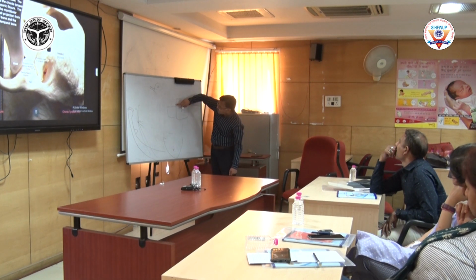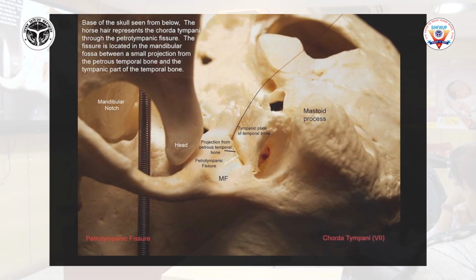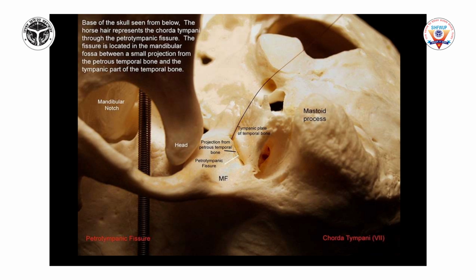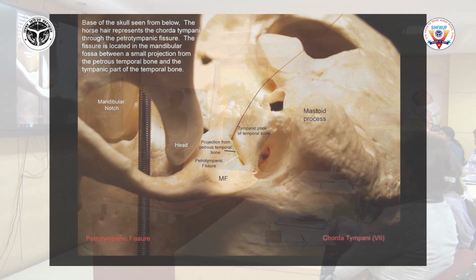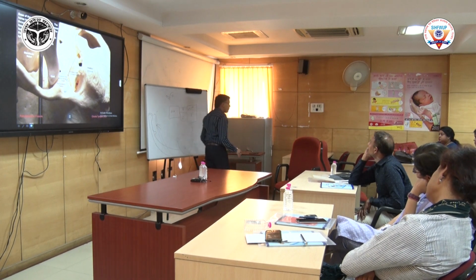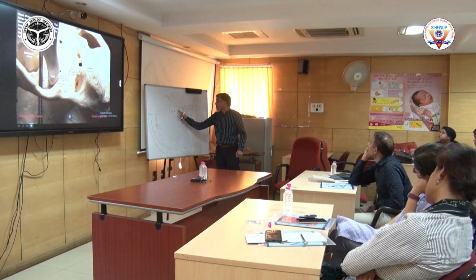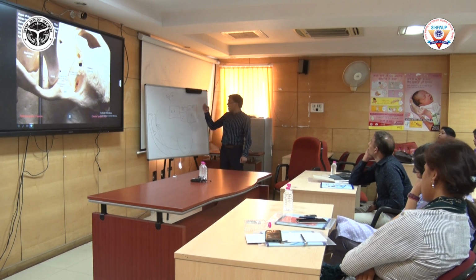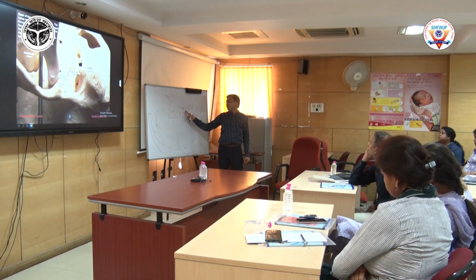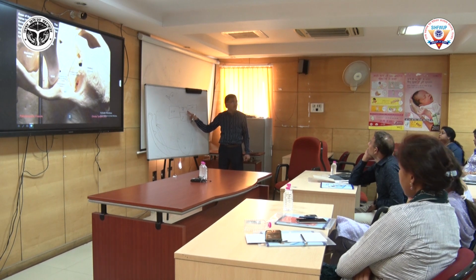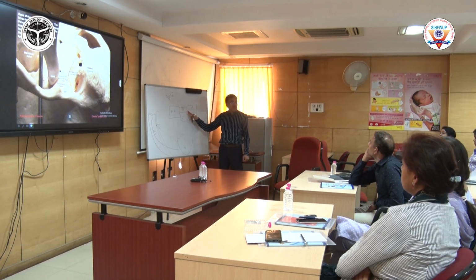Now the pterygopalatine fossa communicates with the nasal cavity through the sphenopalatine foramen. Okay, so this is the maxillary sinus, this is the pterygopalatine (PP) fossa. Now this communicates with the infratemporal fossa with the help of the pterygomaxillary fissure. So here is the pterygomaxillary fissure. The nasal cavity communicates with the pterygopalatine fossa with the help of the sphenopalatine foramen, through which the sphenopalatine artery comes, which